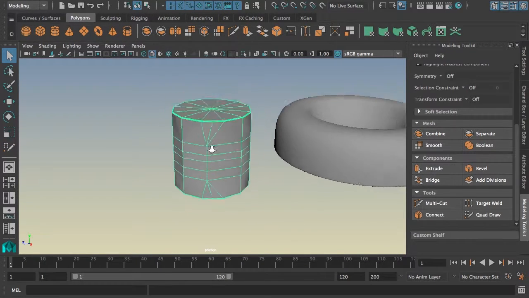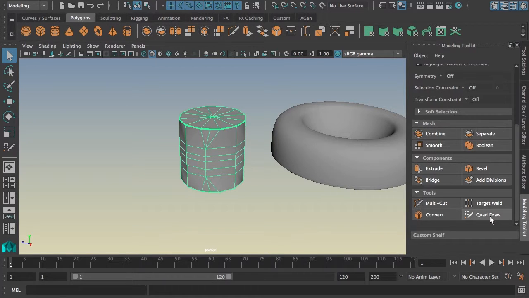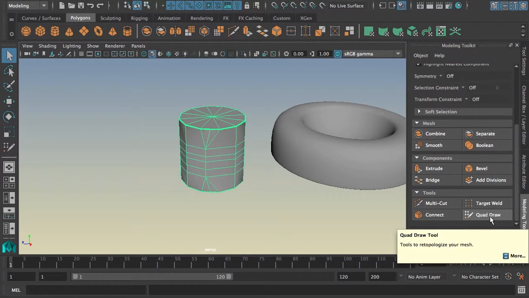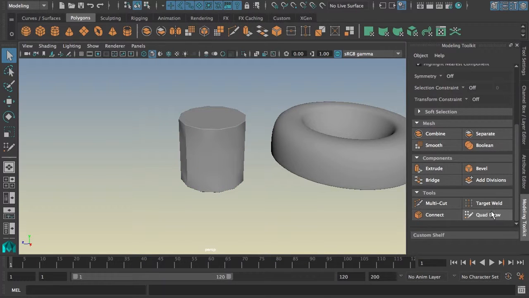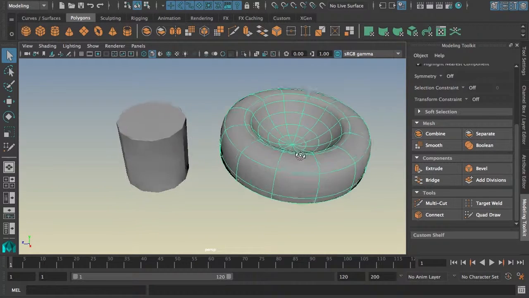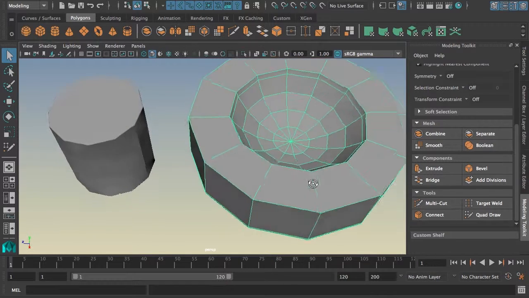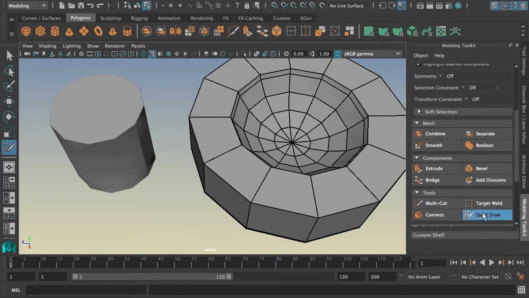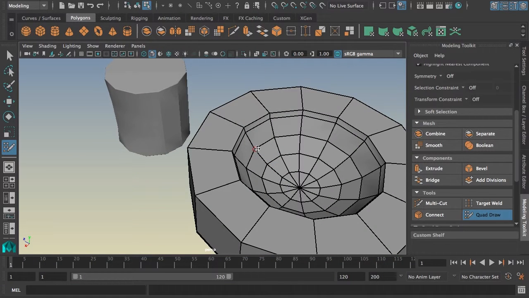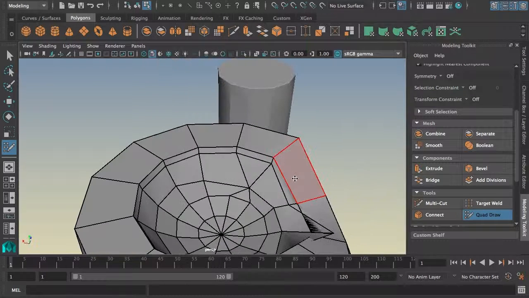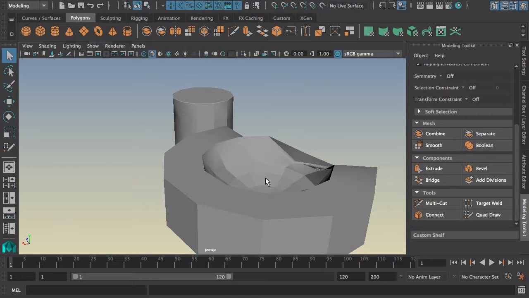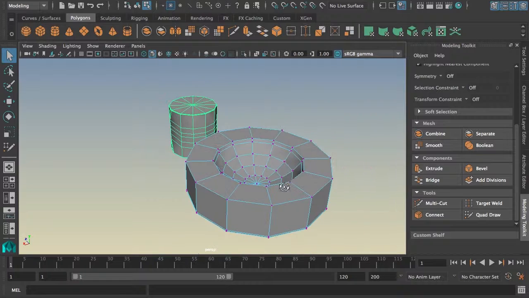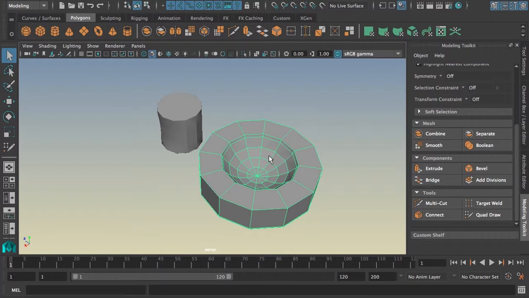So the quad draw tool, just briefly, you might remember that it requires a template to work off of. The quad draw tool is not very good at just creating geometry from scratch. What you want to use is an object like this to work as a template on top of. So if I just click on the quad draw tool with this selected, basically what's happening is we're manipulating this mesh, and that can be useful, but it can also be quite destructive, and it's not really that suitable for that kind of thing. So instead, what it's better at is if you wanted to create a mesh that's sitting on another mesh,